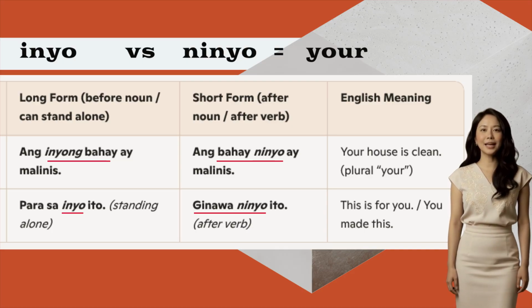So we have here for the long form inyo, Para sa inyo ito. This is for you. And then the short form after verb, ginawa ninyo ito. Ginawa is the verb followed by ninyo. You made this. So again, even though inyo and ninyo both mean your in plural form, English doesn't allow your